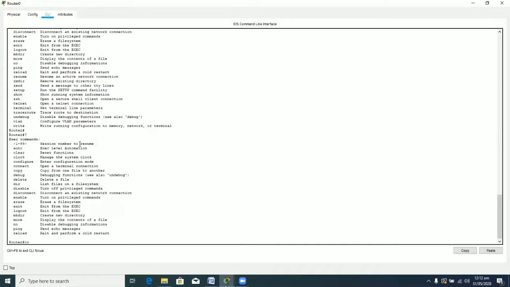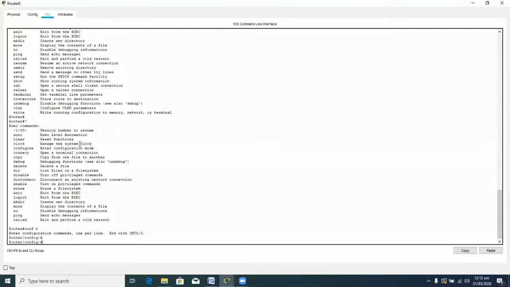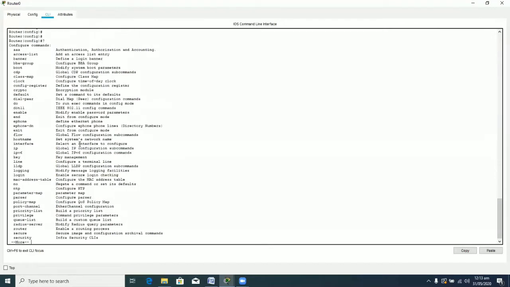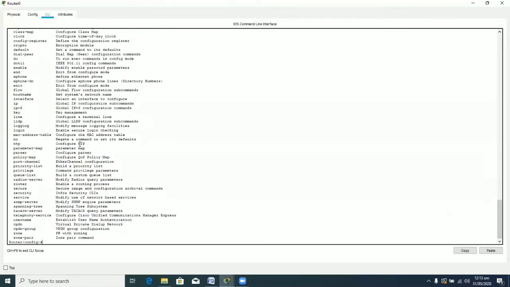Now moving to the global configuration mode. Here you can see the first page of the commands along with the description, then the second page by pressing the spacebar, and then another page. So basically these are the commands. Why, in the simulation software, are there fewer commands? Because these commands are basically enough from your CCNA perspective. So there isn't any need to have all the commands incorporated in your Packet Tracer for CCNA purposes.